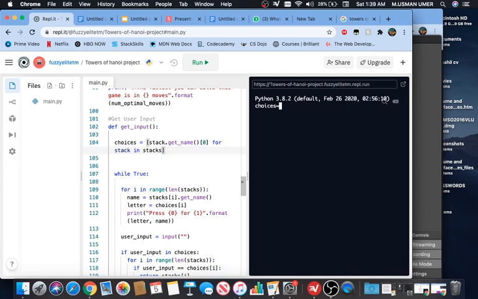Choices equal, it would have been like L, M, comma, it would have looked somewhat like this. All right,